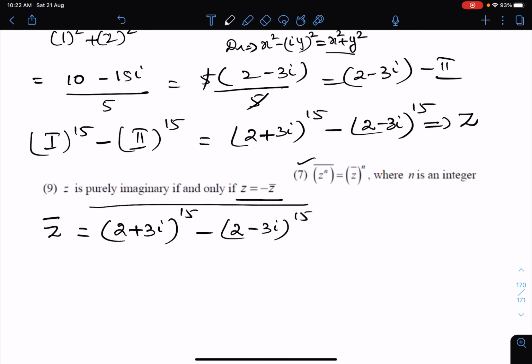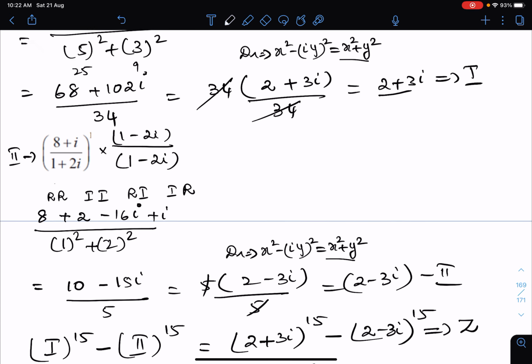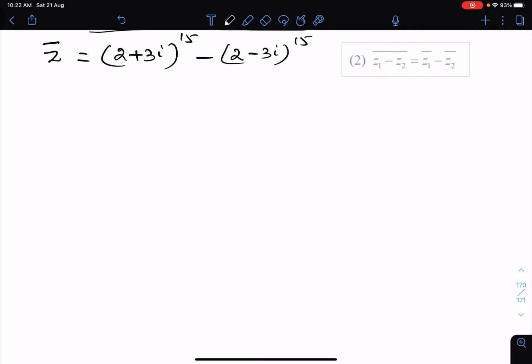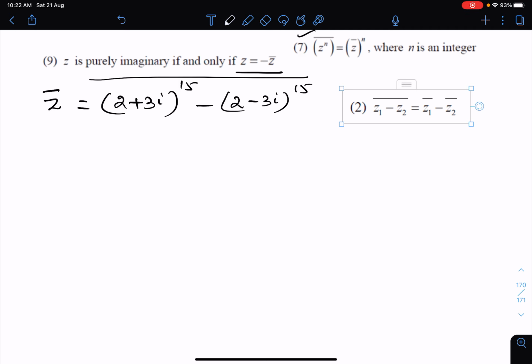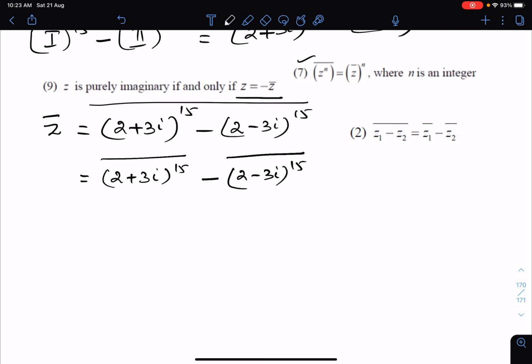According to this conjugate rule, as we do for addition, we do for subtraction also. So the whole bar can be separated: 2 plus 3i power 15 whole bar minus 2 minus 3i power 15 whole bar. Now you can use the 7th rule,